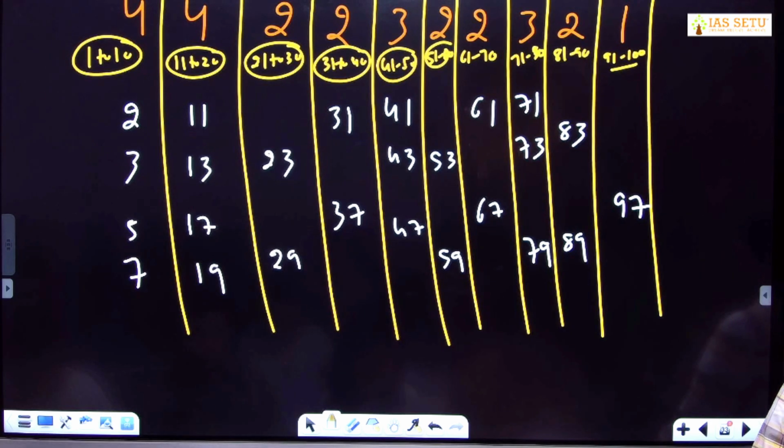2 3 5 7 11 13 17 19 23 29 31 37 41 43 47 53 59, ठीक है, 61 67 71 73 79 83 89 97। सम ऑफ यू हैव गुड रिटेंशन पावर, एक ही बार में याद हो सकता है, कुछ को 2 बार में, कुछ को 5 बार में, कुछ को 10 बार, कुछ को 20 बार में, तो करो, देयर इज नो अदर वे।